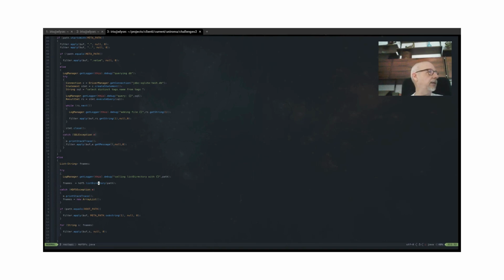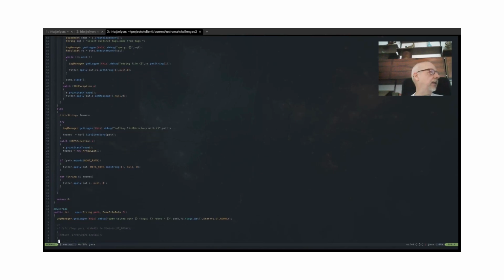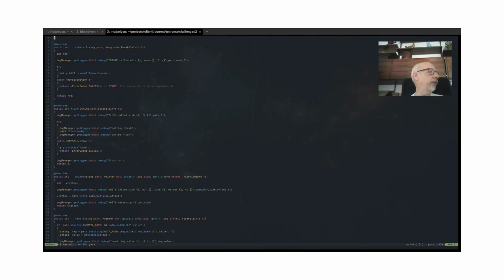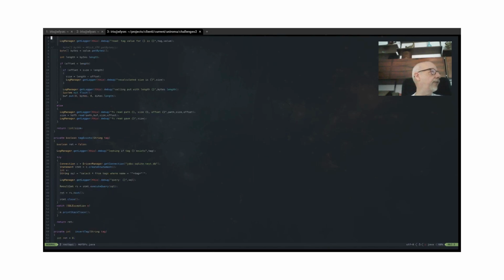We are going to see this in another Java part, which is the one that interacts with the HDF5 system. So this is quite a normal implementation of the file system itself,